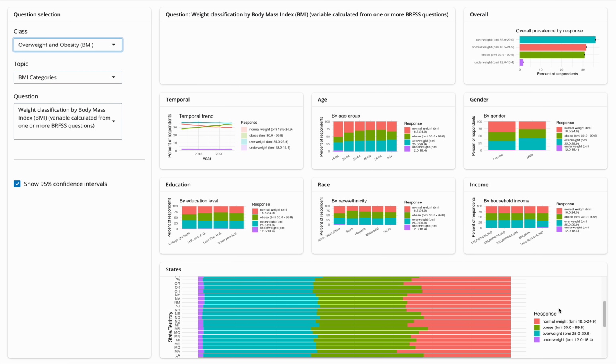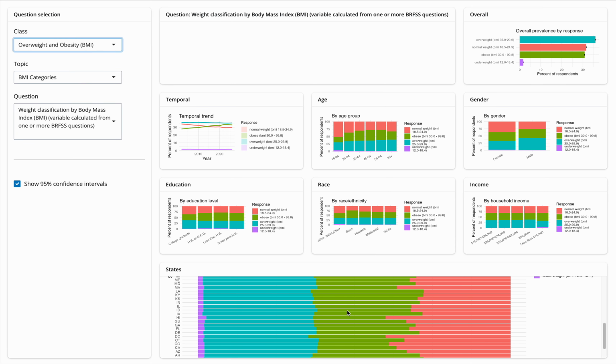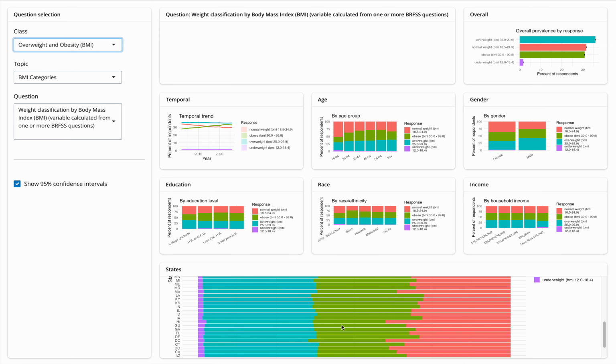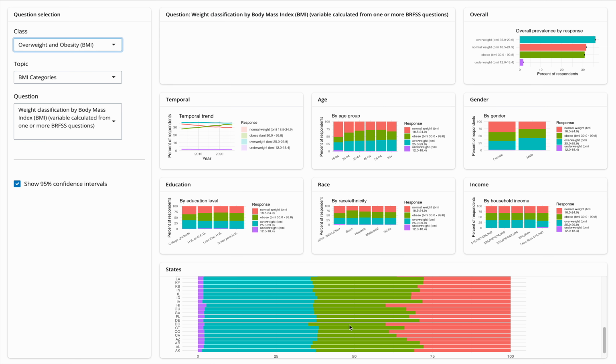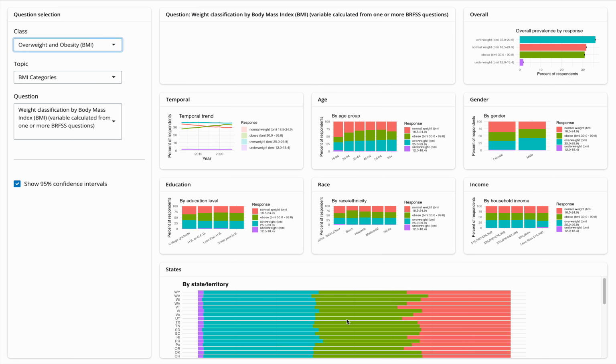And if you look at each of the states, some states have a lot less obese people, such as Hawaii, proportionally speaking, which is weird. I thought it had more, but I could be wrong. Yeah, in Colorado too, but that's because Colorado is high up in the mountains. People have to walk more.